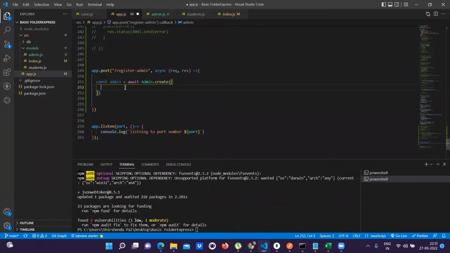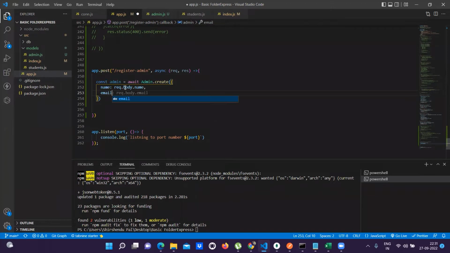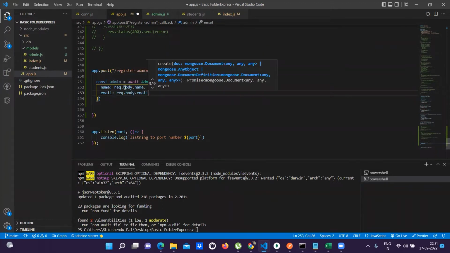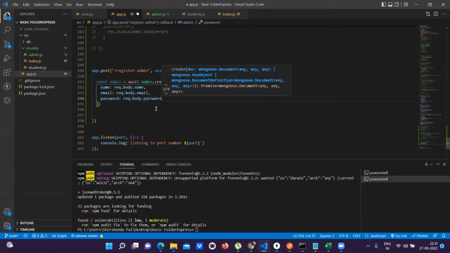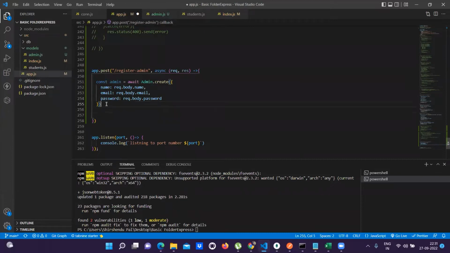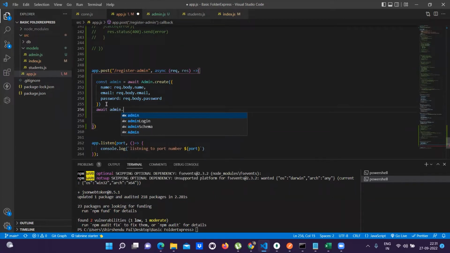Now, like for name, we'll get request.body.name, then email, same request.body.email, and same as password, we'll get request.body.password. Okay. Now what we have to do? Just have to save this, await admin.save, and in the try catch block,